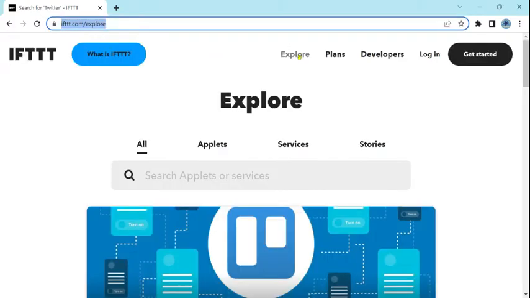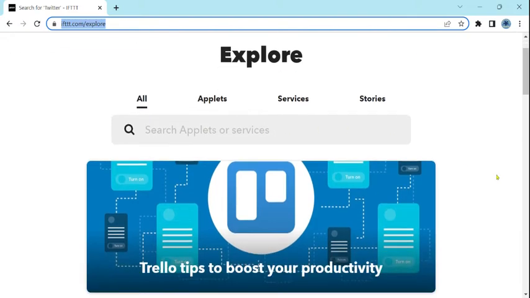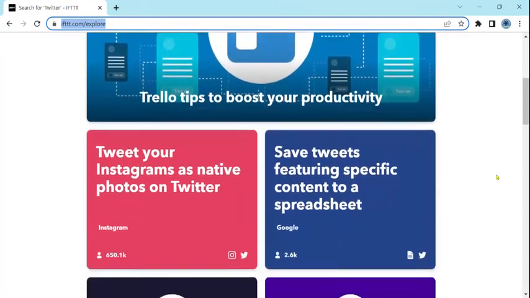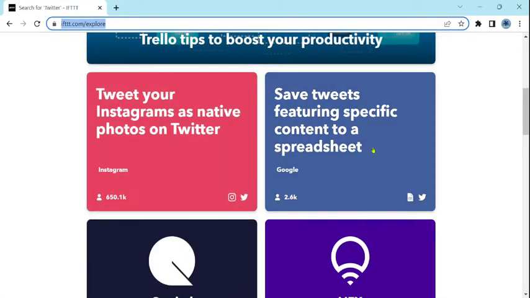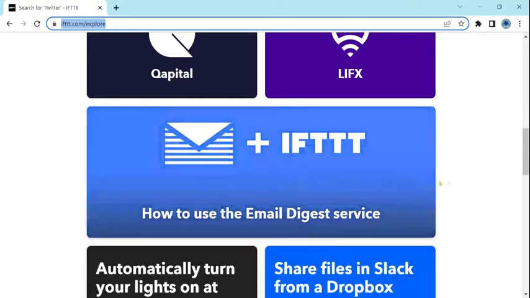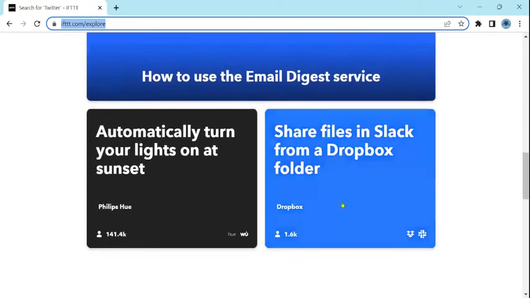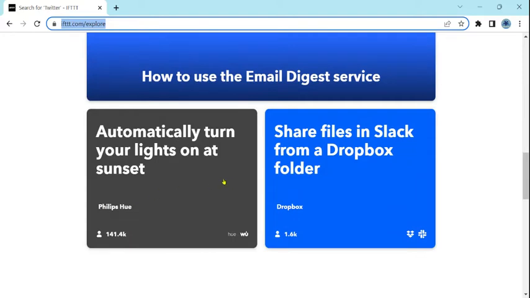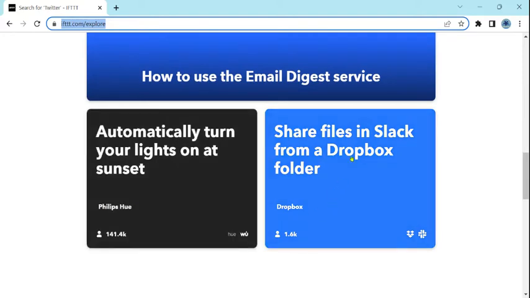Look at the Explore tab, the Explore page, to get a feel for what is available currently in IFTTT. You can see there's a number of selections, and you can also search for various tasks already automated in the search bar. If we just look quickly through the All section, they highlight certain things: Instagram, Twitter, etc. We've got how to use the email digest service, automatically turn your lights on at sunset with Philips Hue,